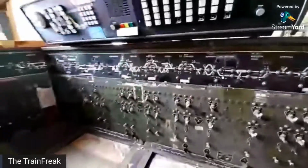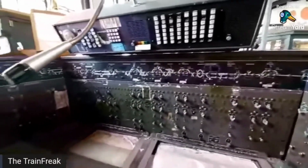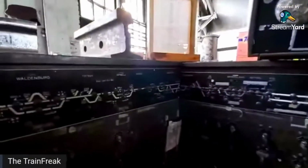So this was actually in a separate office that has been torn down since. But this is traffic control. All right, so for those who are wondering about my layout,